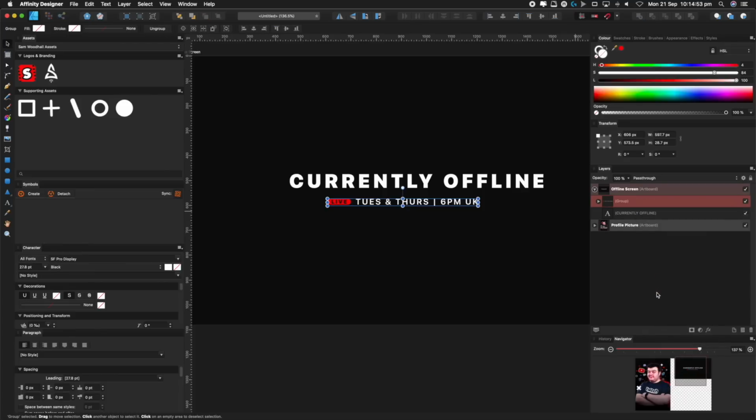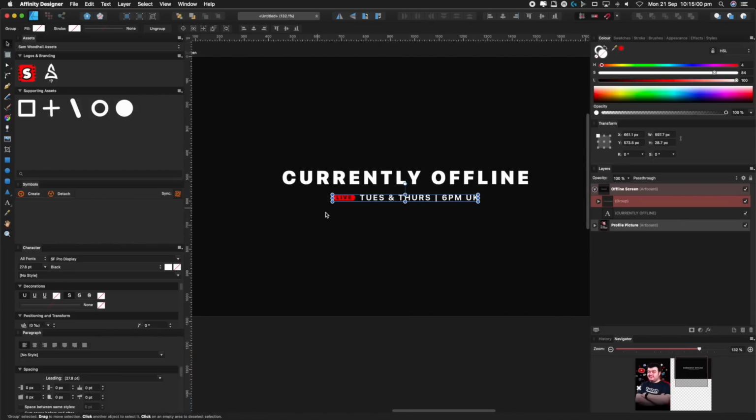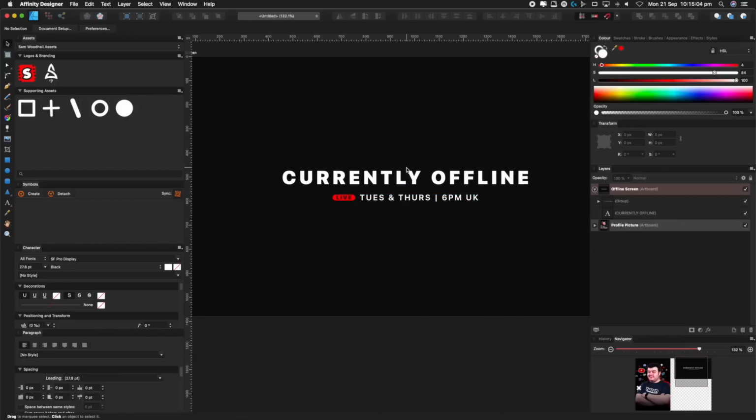And then what I do is center this horizontally and make sure that it all looks well with the overall artboard and that everything is centered together. The next thing I'm going to do is bring in my logo and have that on the offline screen as well. So I'm going to go over to the assets panel right here, click on my logo, drag